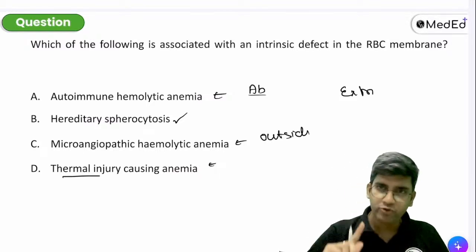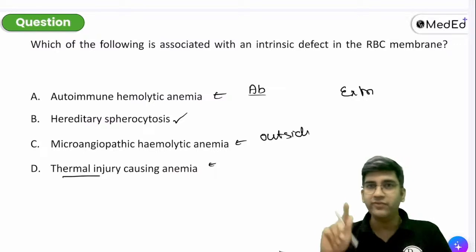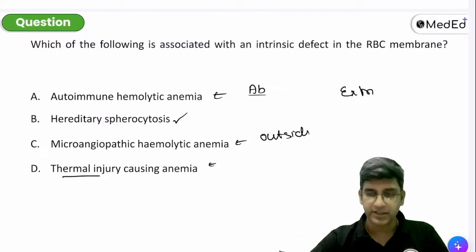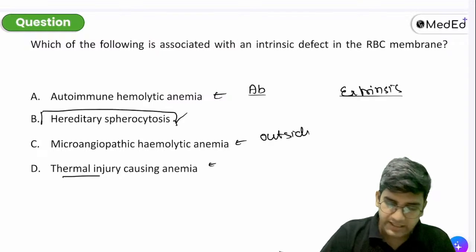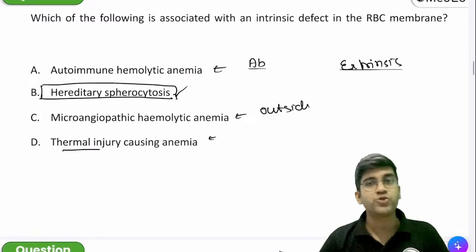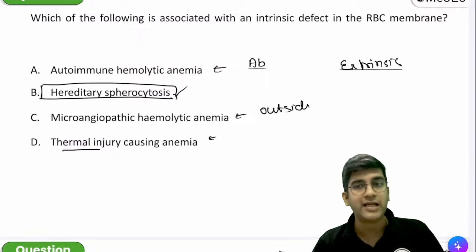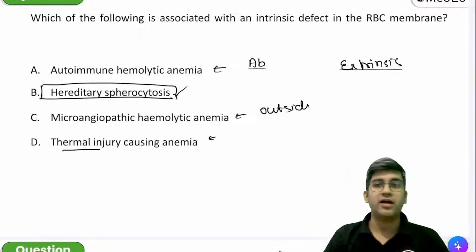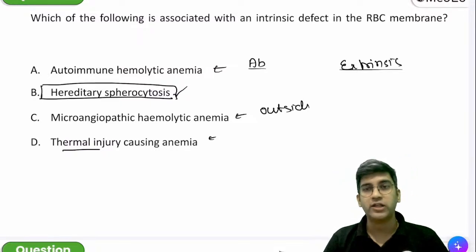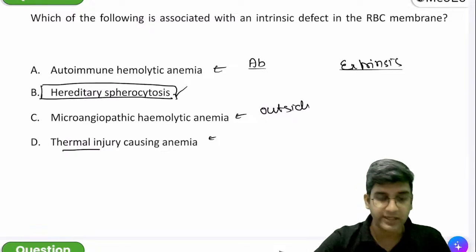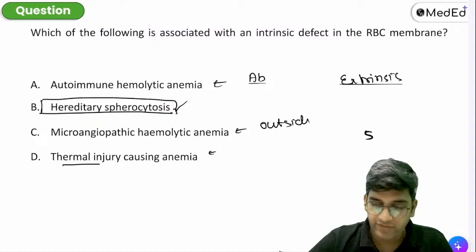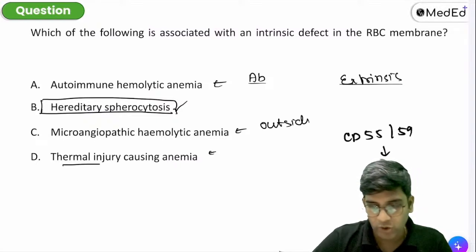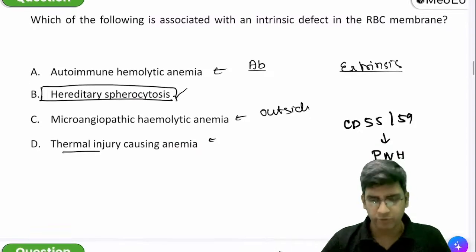Dr. Sri, I think you're confusing CD55 and CD59. Can anyone tell me which disease has CD59 and 55 defect? Okay, rest everything is extrinsic defect. The only defect here is hereditary spherocytosis. In spherocytosis, you have a defect of spectrin, ankyrin, band 3 and band 4.2, right? Not in your 55-59. 55-59 will be seen in PNH. Okay, CD55, CD59 defect will be seen in paroxysmal nocturnal hemoglobinuria. That's also a hemolytic anemia.